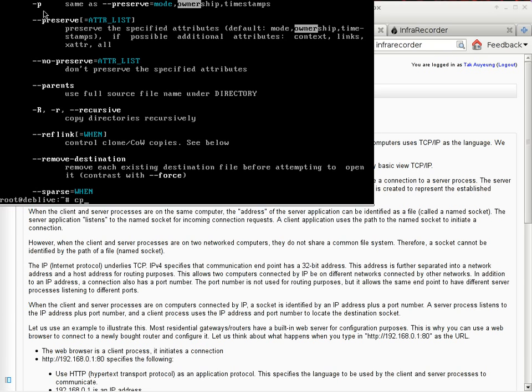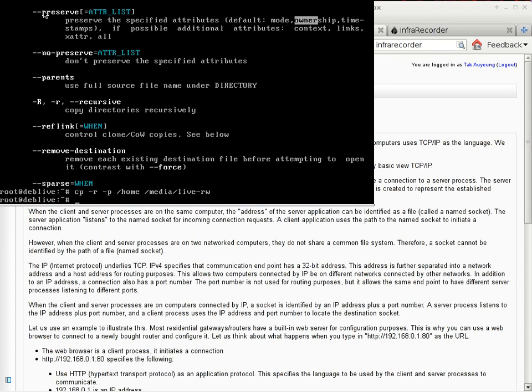So now we specify cp, which is copy. -r, which is recursive. I'm not just copying a single file. I want to copy the entire directory structure. -p, which means I want to preserve ownership of files as well as timestamps and whatnot. And this is where I'm copying from, which is /home. And I'm copying that to /media/live-rw, which is the destination. And then you just press the enter key,